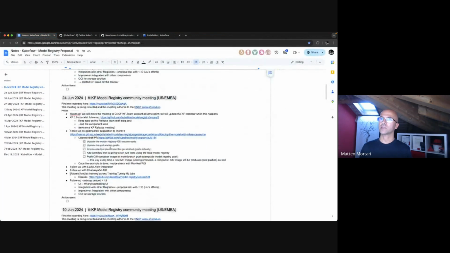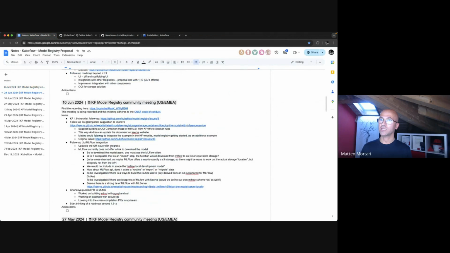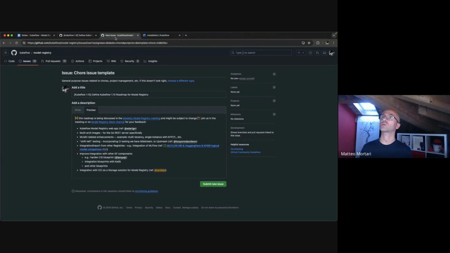What I've done is that I went through the minutes of the previous biweekly meetings, and I tried to draft a provisional roadmap for 1.10. These are the high-level action items that I've noted down.